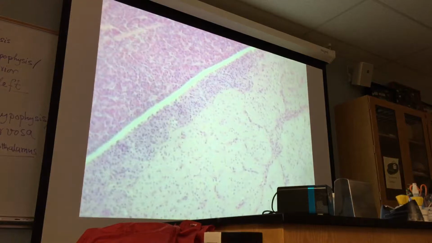Okay? I will give you detailed information next class. But it will be sufficient for you to identify anterior pituitary and posterior pituitary with the help of the intraglandular cleft. Can you see that cleft? And pars intermedia is more closely associated with posterior pituitary than with anterior pituitary. Yeah? Okay? Let me go back to lower magnification and show you